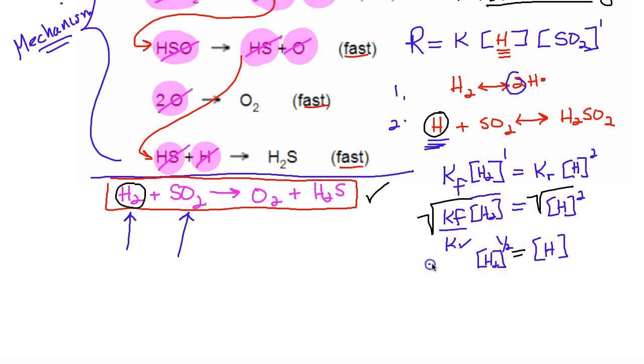And then of course I have the what? So let's write this out. H, I didn't have the room, is equal to h2 to the 1/2 power, because that's what the square root is of that. And then of course I have the square root of this ugly, the what? Rate law constant of the forward divided by the rate law constant of the reverse. And so party people, what I'm going to do is I'm going to put this entire expression for what? For h. I'm going to put that right into,